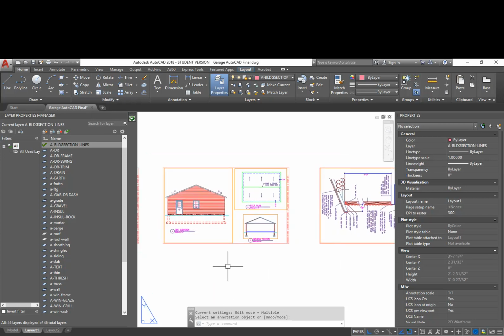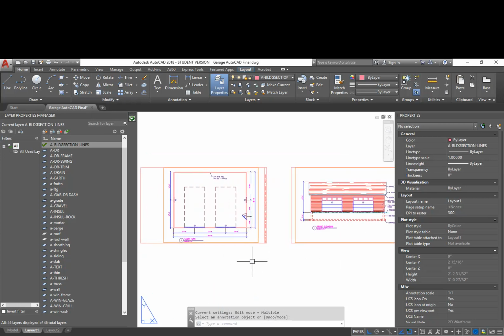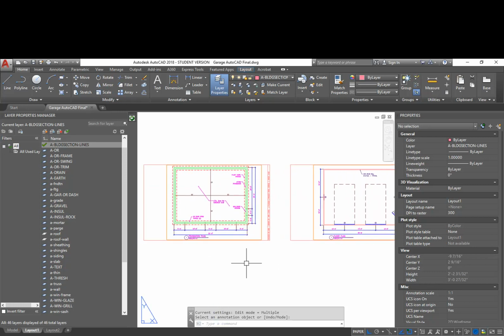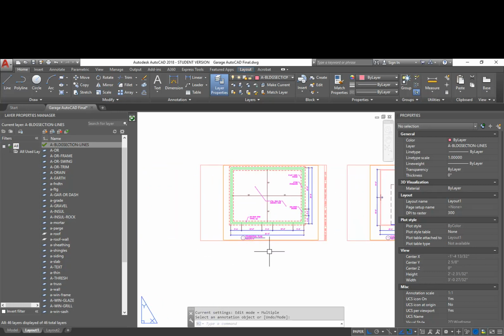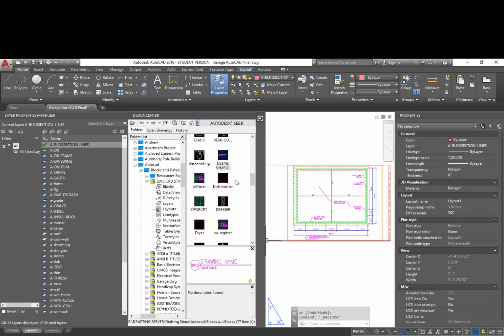So the next step would be to go through and put some more symbols on here. I'm going to start out with my foundation plan. And I'm going to open up my design center again, and I'm going to go in here and find my elevation symbol. So I have elevation view. I'm going to drag it and drop it,